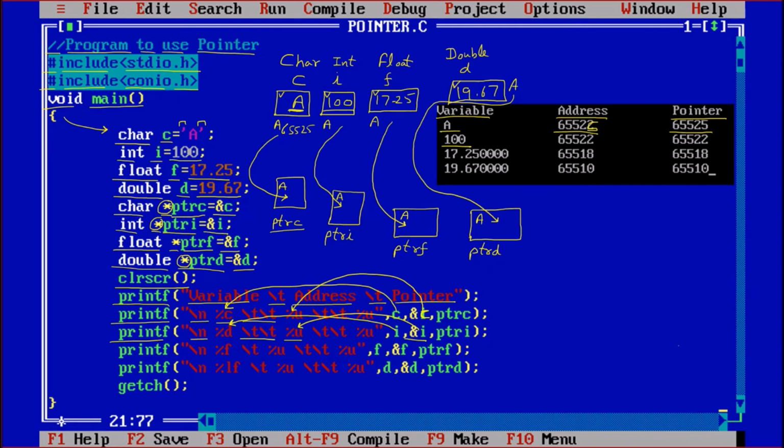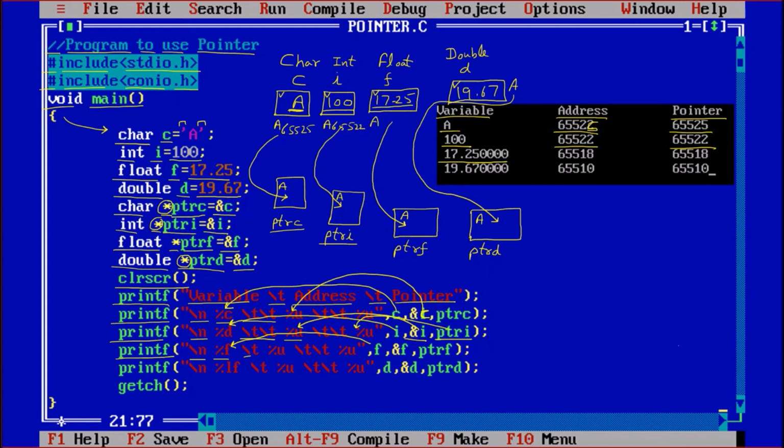Let us suppose the address of i is 65522, so that address is displayed, and also the same address is in the pointer ptri, so ptri has the same address. Again printing \n for the new line, %f, so that is taking the float value from the f variable, and the value 17.25 is displayed.